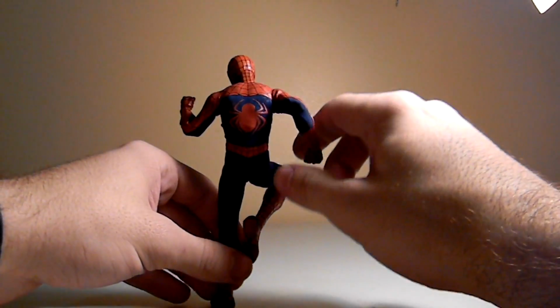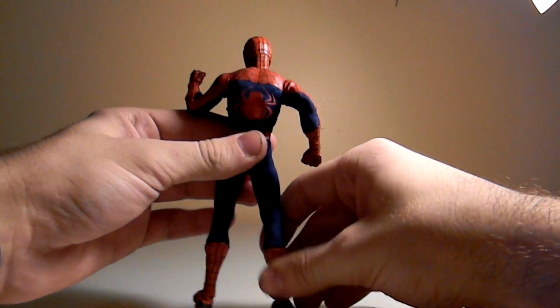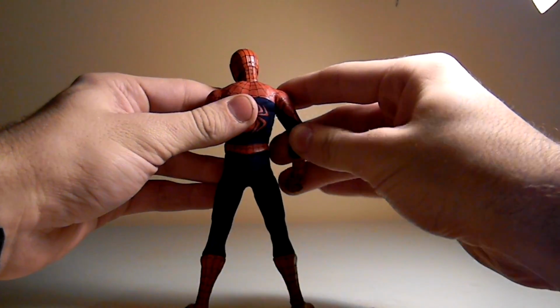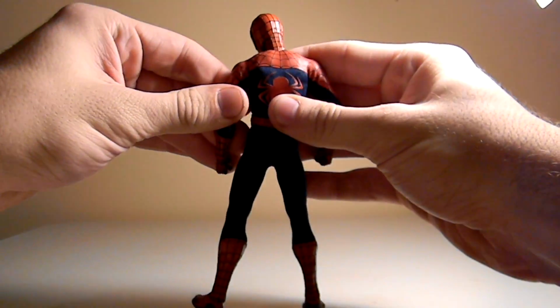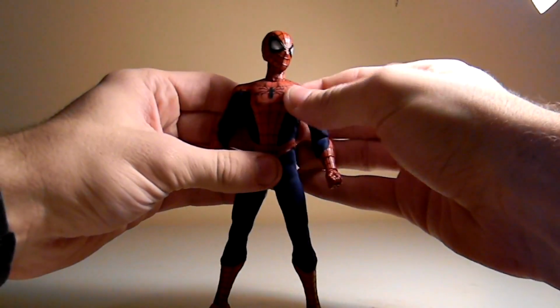That is a cool logo. It's totally different from the back symbol on the costume. And I just think that this turned out really, really good. The design is just so awesome. I love this figure a lot. Anyways,